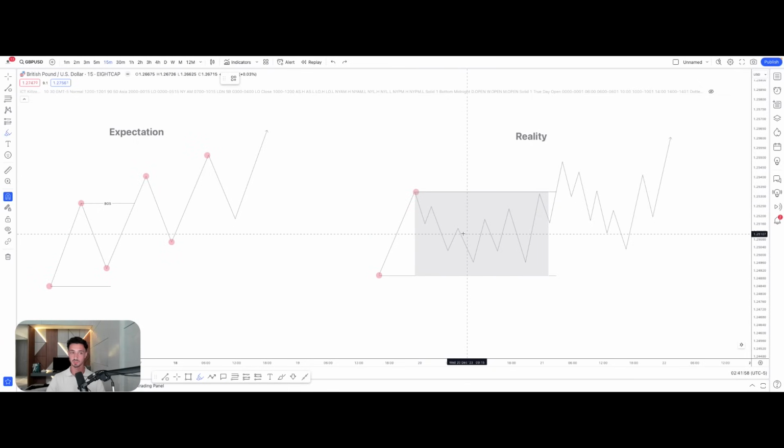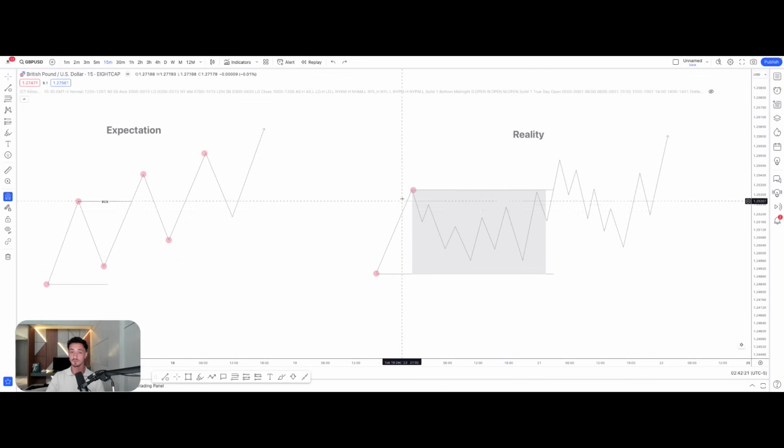We have two types of structures. We have our external, that's what makes up our actual market structure. And we have our internal. This is ultimately just the phases in between price that are created to, not necessarily confuse you, but they do confuse you. So what we want to do is just be aware of all of these internal ranges, but until we break to one side of this range,